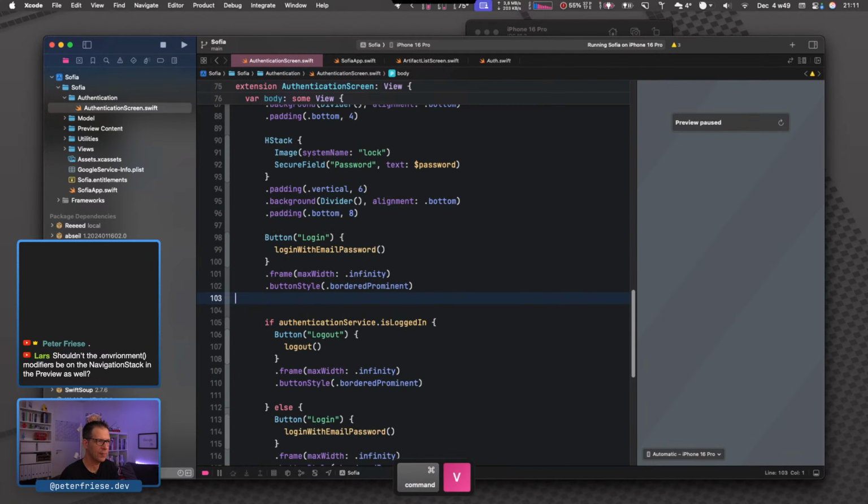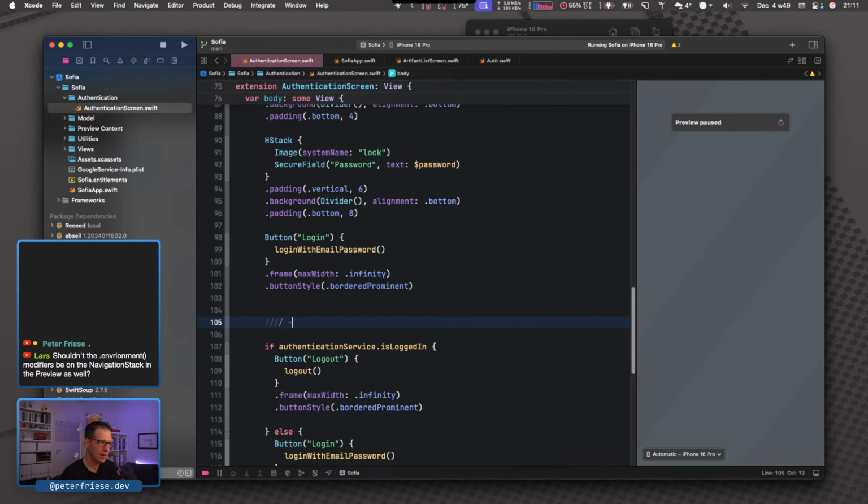So let me make a copy so we can see it. And then I'll just do this. I'll use a ternary expression here. If the user is logged in, we will use a different label here. And if they're logged out, we will want to say log in.